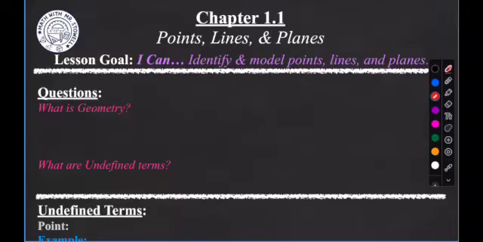This is chapter 1.1. This chapter is called Points, Lines, and Planes. And our goal for this lesson is for us to be able to say that I can identify and model points, lines, and planes. Before we actually get into our lesson, I do want to define for us